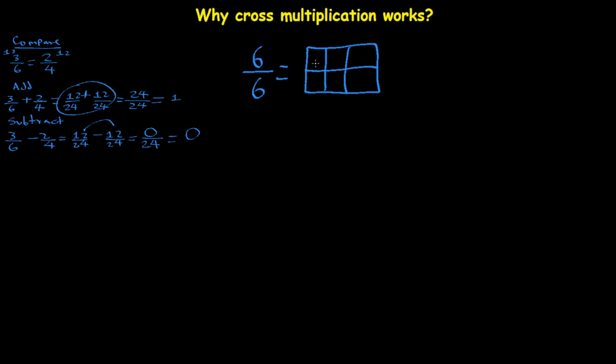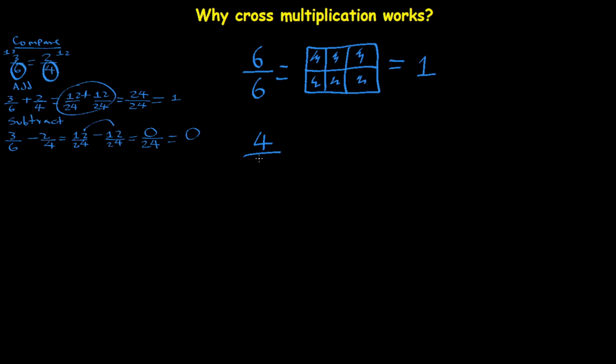Now we have our 6 parts. How many of those parts do we have? We have all of those parts, 6 over 6. And this could also be represented as 1, a unit. We could do that also